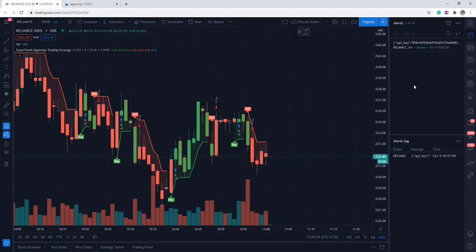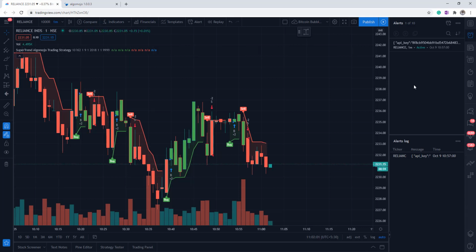So I also give you a description, in the description box I'll give you the access to the super trend code where you can download the code and you can start using this code as well. So almost the stops are very close to 2233 levels. Anytime a buy signal can happen.